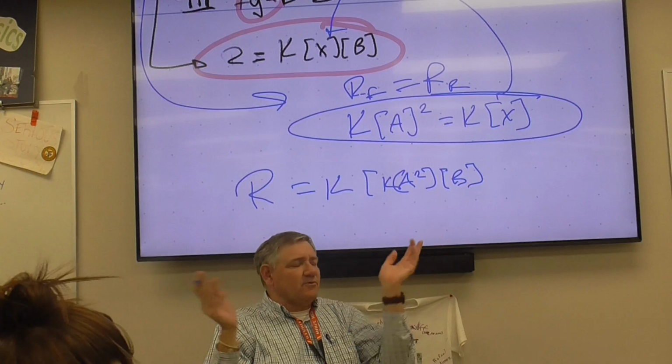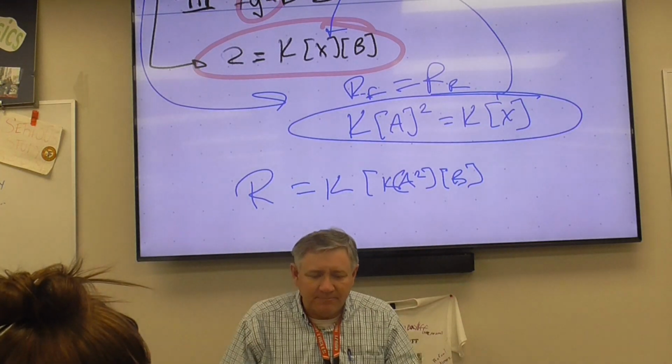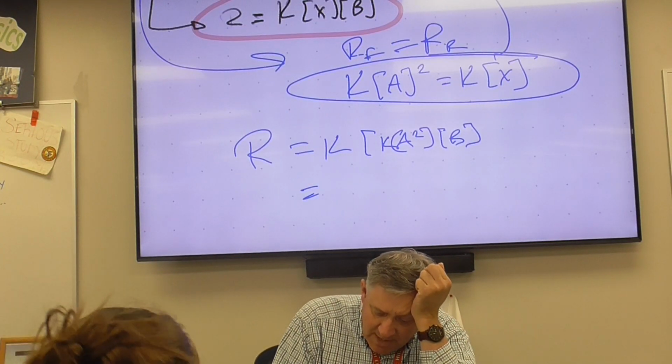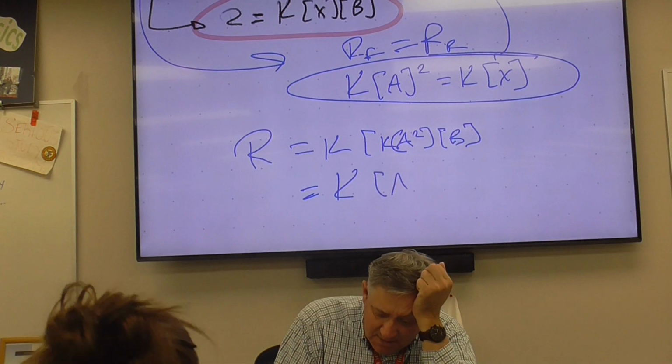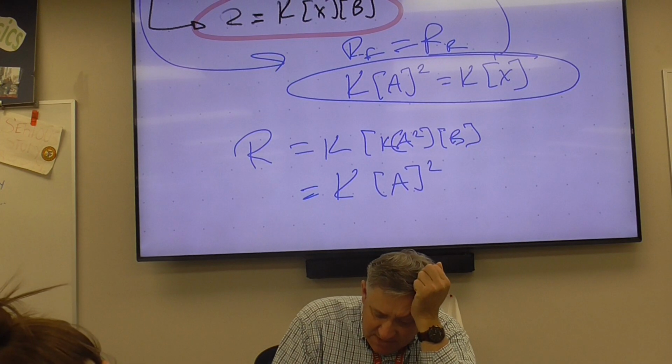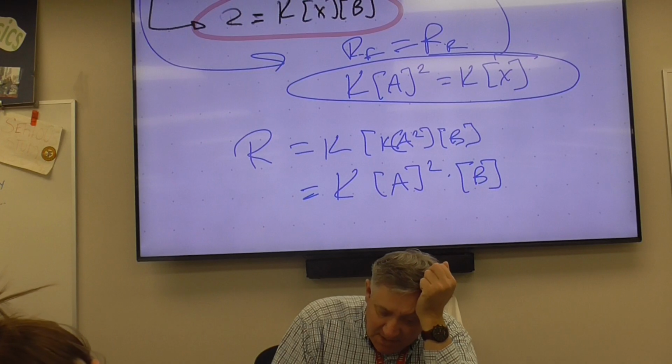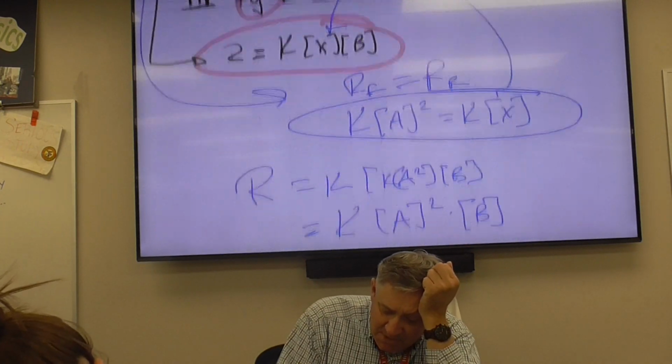They're just K's. Don't worry about it. It's just a generic K. So I can rewrite this as just K times the concentration of A squared times the concentration of B. Now, the beauty of this